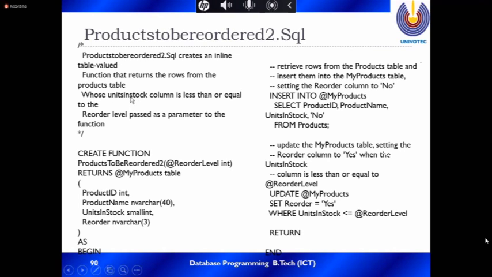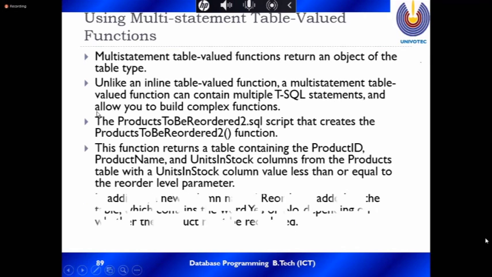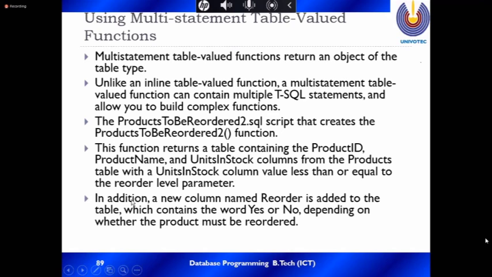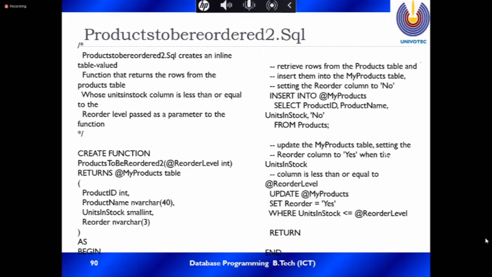Created here, you can see the line: function product table where unit in stock column is less than or equal. You can see this is the new column, sorry, not a new row, a column named reorder added to the table which contains yes or no, depending on the reorder level.